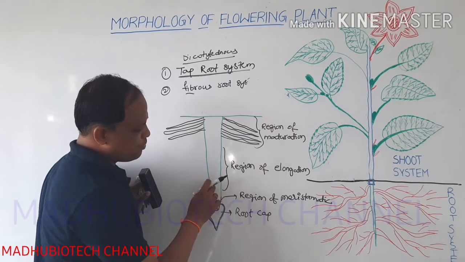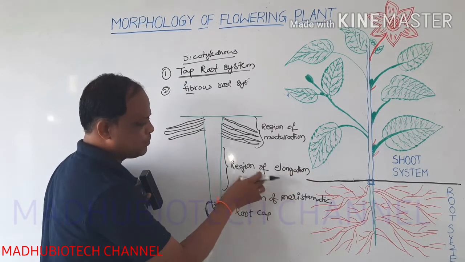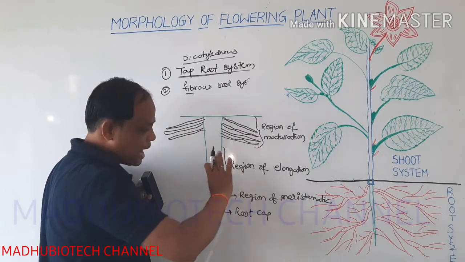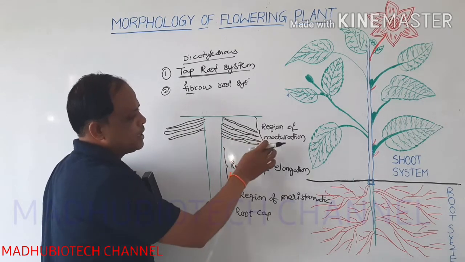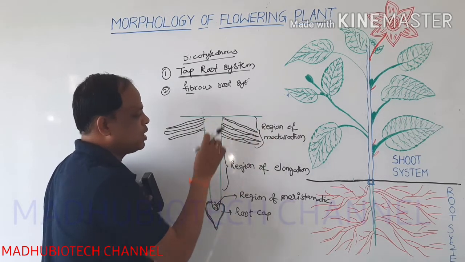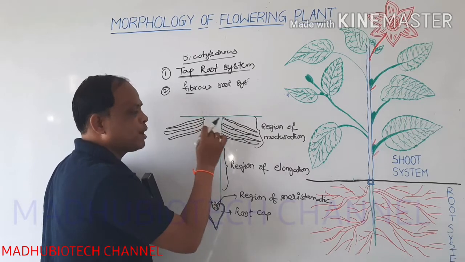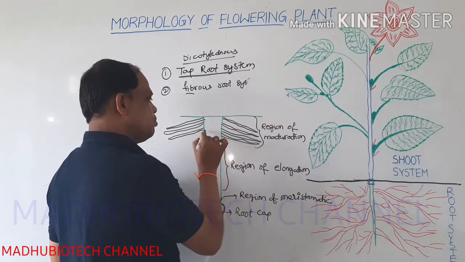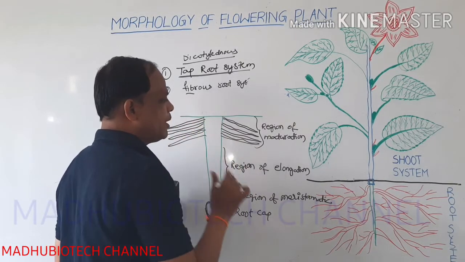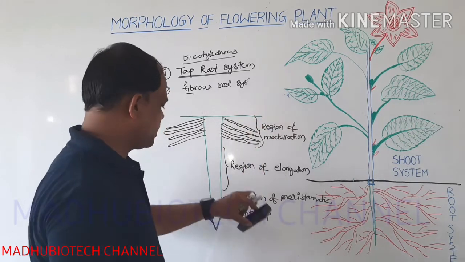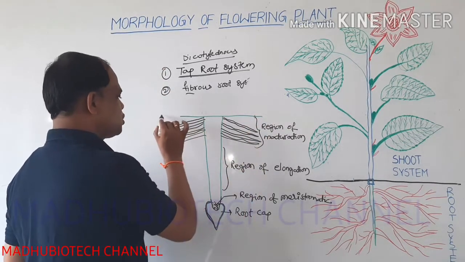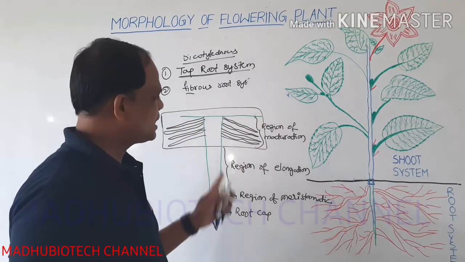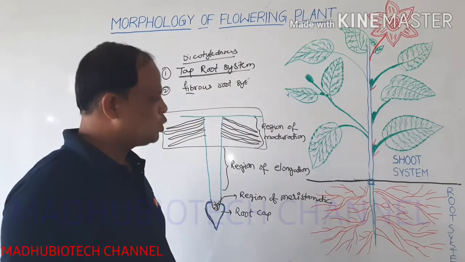Then above this region is the elongation tissue. These are long, elongated cells, and this type of cell is involved in the elongation of the root system. And then the region of maturation, where the simple tissues are converted into permanent tissues. These permanent tissues can develop into secondary roots in some cases. This part of the root system is also called the region of maturation. Okay, so this is the structure of the root system.